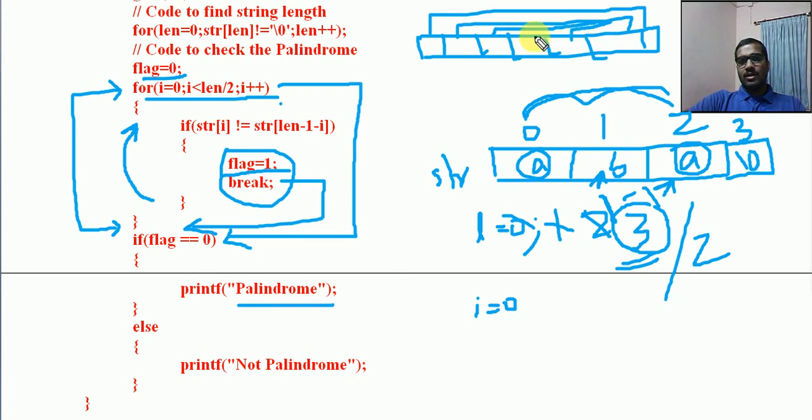Then only one remains. Automatically this condition will exit, because in this center case we don't need to have a comparison. From both sides this value will be the same. So depending on the flag value we can decide whether the string is a palindrome or not. Hope it is clear.